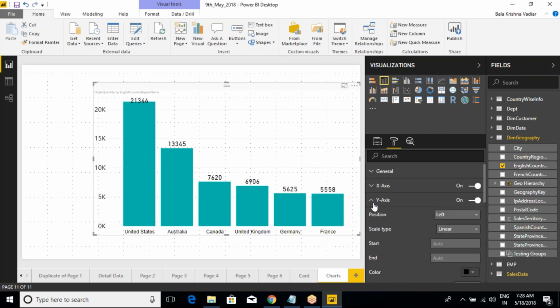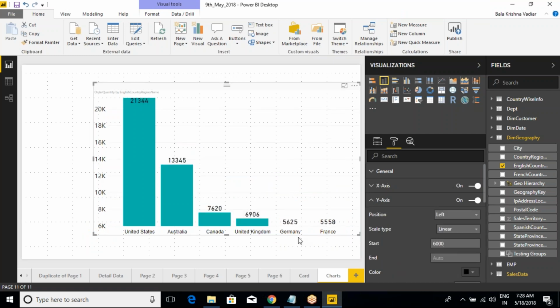Now go to y-axis, starting position, I'm giving 6000. Now you can see the difference. No bars are coming at all, because of the starting position. I'm telling that my bar should start from 6000 onwards. The ending is going to 21,000 or so. But if you say end with 15,000,